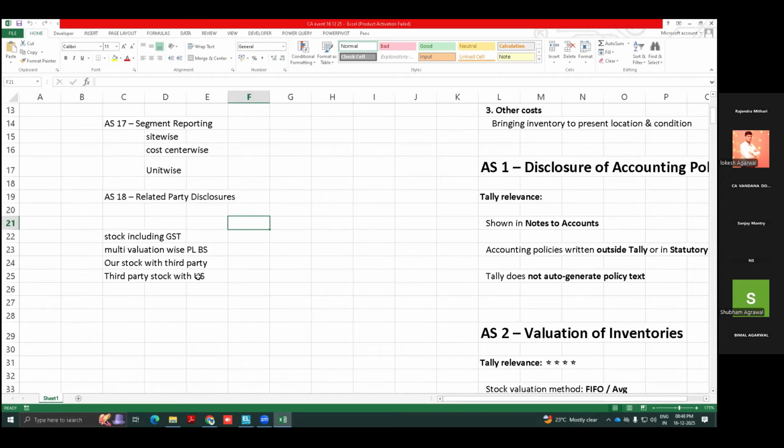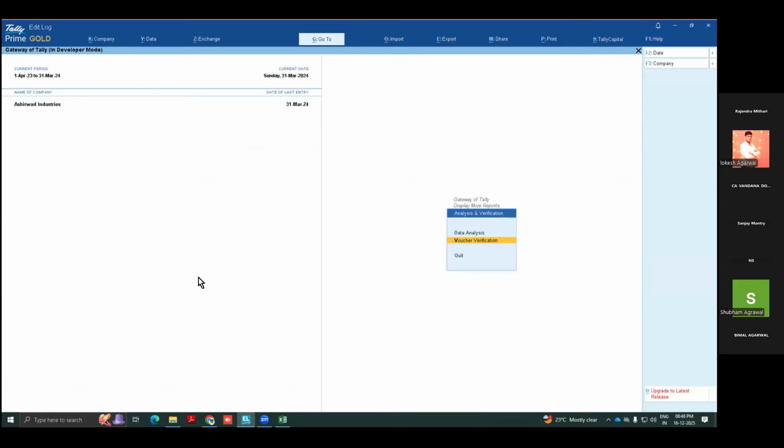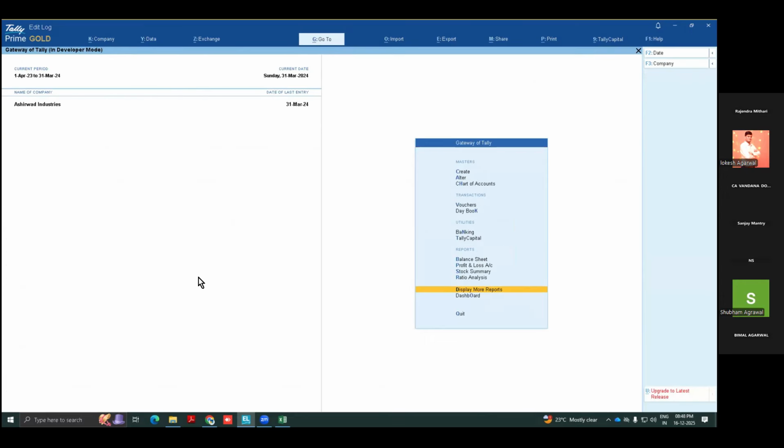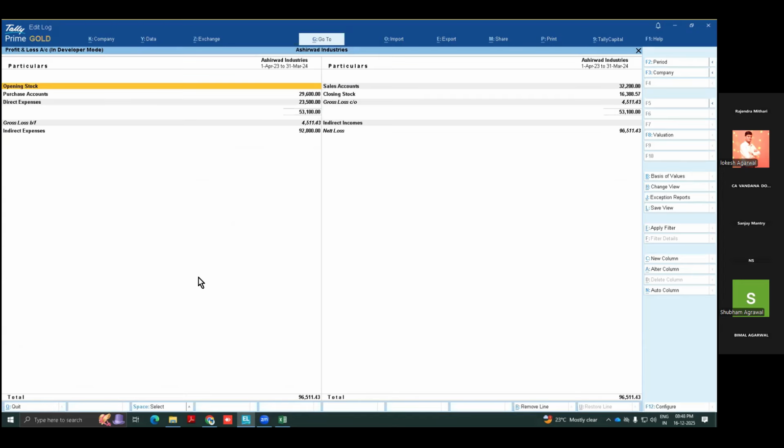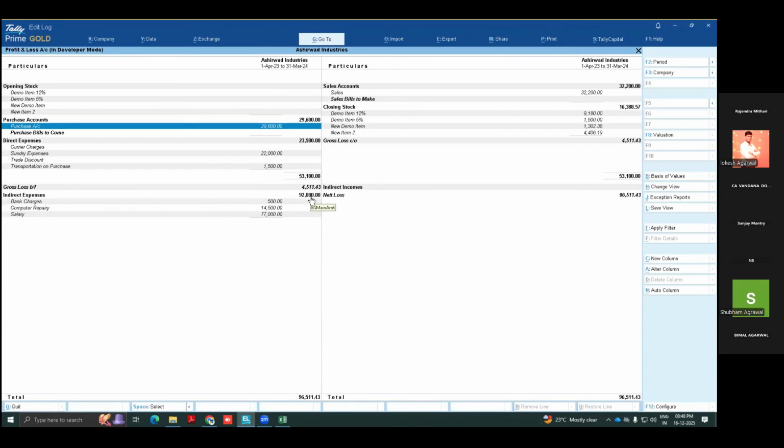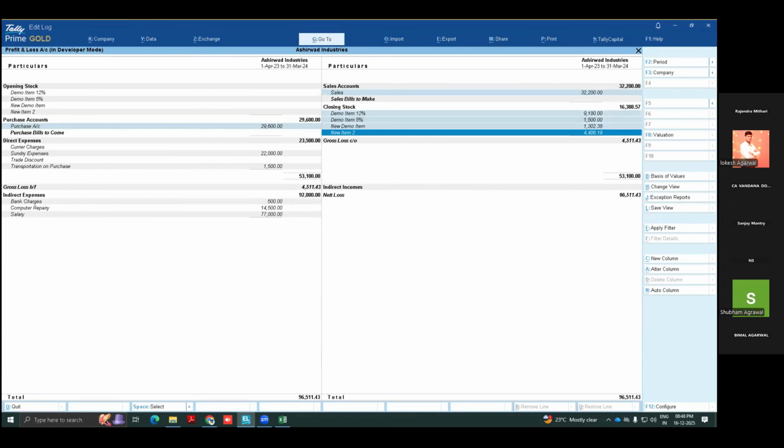So one question students are also asking in the group: for section 145 of the Income Tax Act, let's take one example of profit and loss account. Suppose this purchase is included with GST and this sales is included with GST, then there is no impact on my profit and loss account, because stock is also in that case coming including GST. So the meaning of 145 is the same. If you are including all taxes in your purchase and all taxes in your sales, then will profit change or not? The answer is no, because when purchase is including GST, I am not taking any ITC.